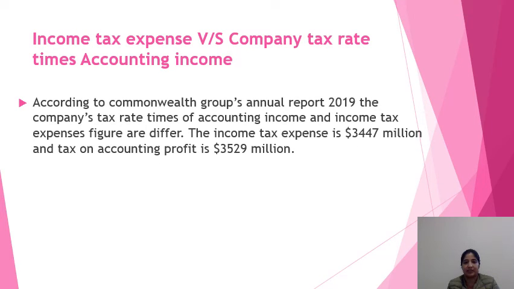Income tax expenses versus company's tax rate times accounting income. According to the Commonwealth Group's Annual Report 2019, the company's tax rate times the accounting income and the income tax expense figures differ. The income tax expense is $3,447 million and tax on accounting profit is